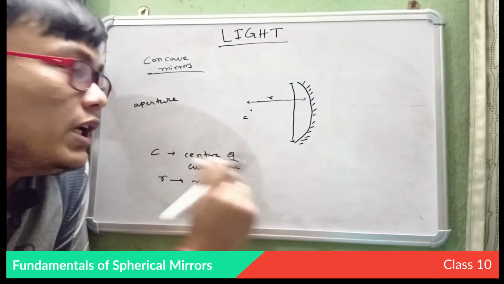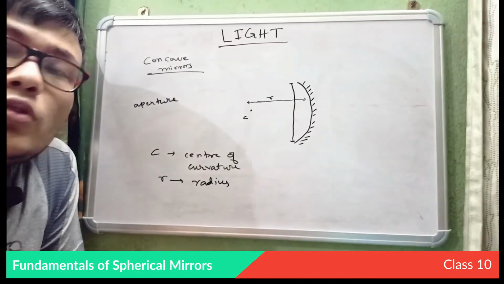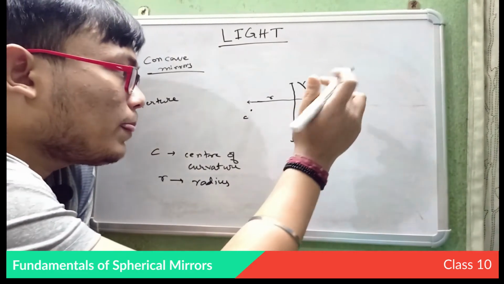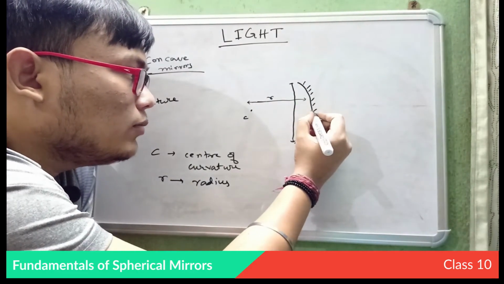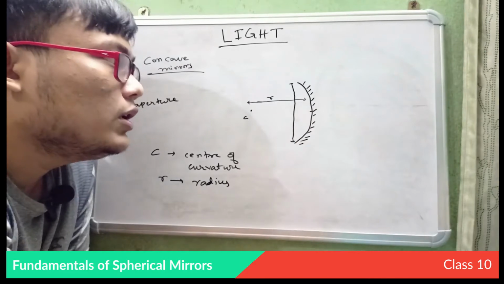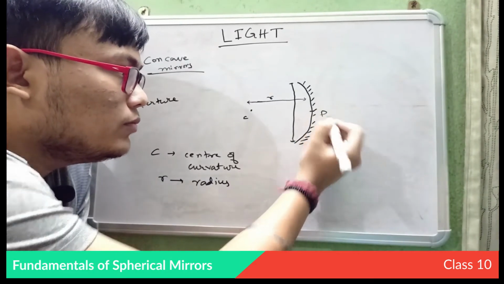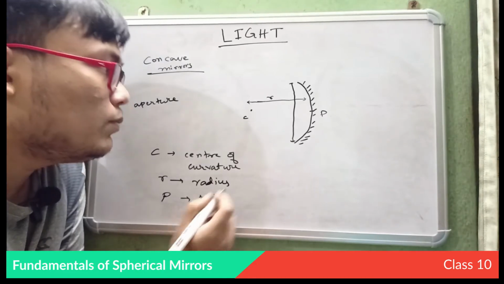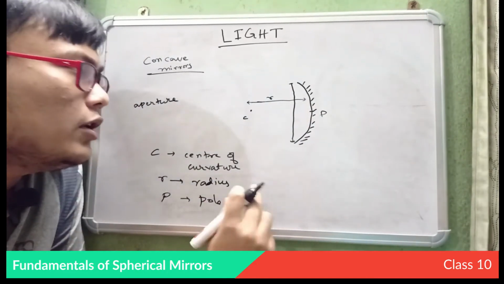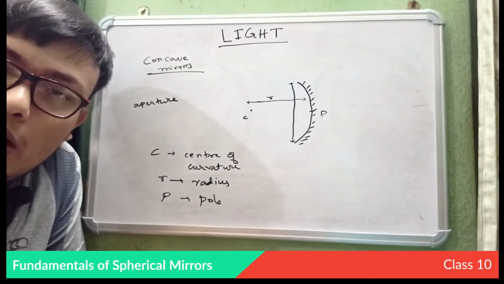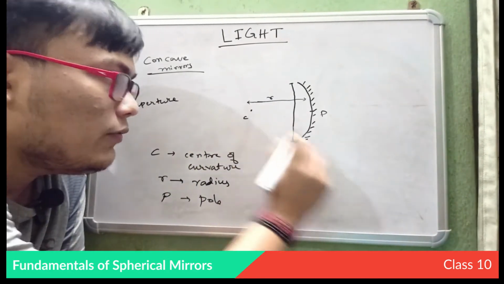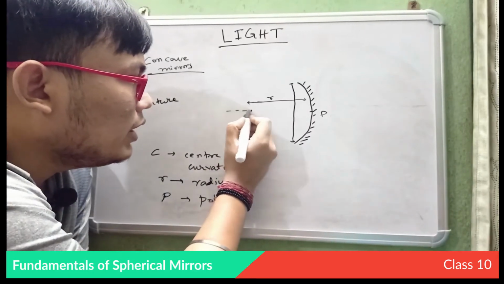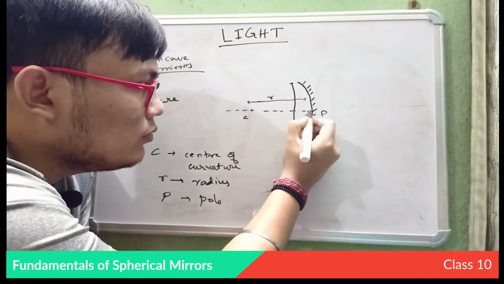The midpoint of the aperture is known as the pole. Let's say this is the middle point, so this point is known as the pole. P refers to the pole. This is known as the pole of the concave mirror, the midpoint of the aperture. Now if I join this center of curvature with this pole, if I join these two points,